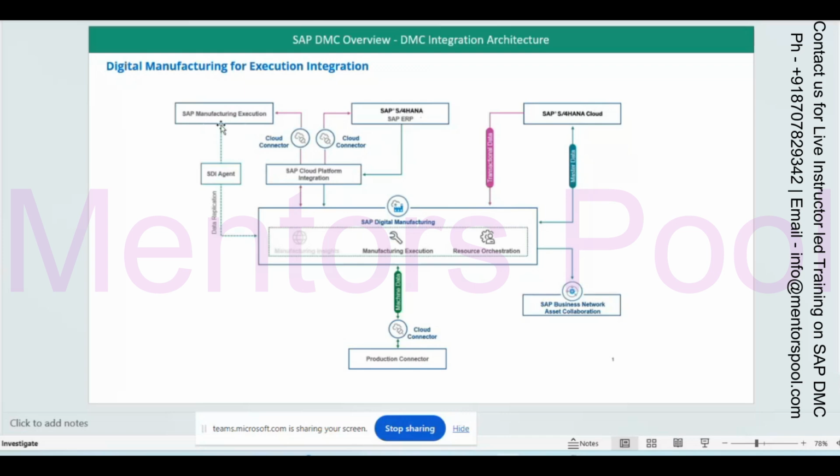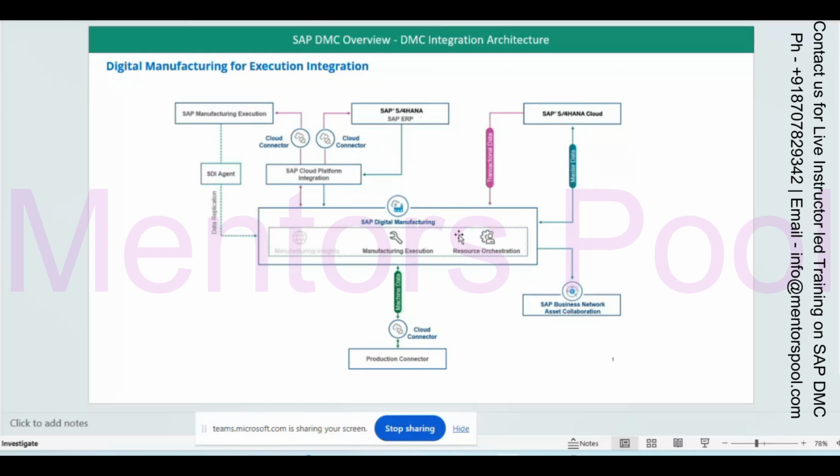As I told you in one scenario earlier, like Rio: if you are taking only the license for Rio on DMC, you will not get execution. Only resource orchestration you will get. So what will you do with resource orchestration, because you don't have manufacturing execution available? You can use it through your on-premise. That's the reason I told you this scenario: SAP ME does not have a resource orchestration feature, and SAP is not going to give that feature directly for the on-premise.